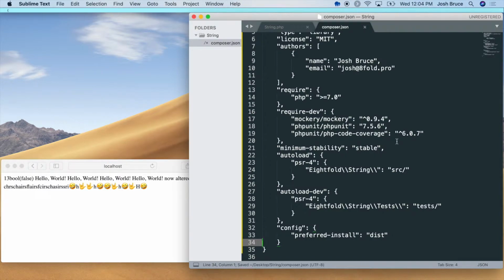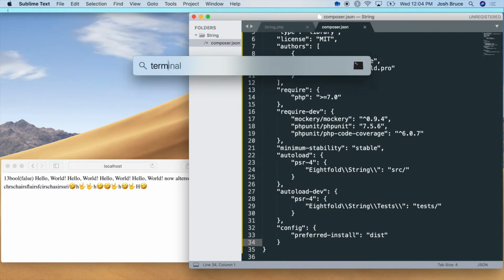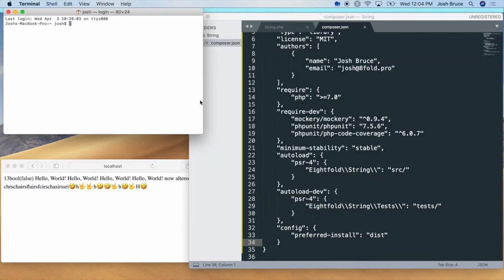So that's pretty much it for there. Another thing that I'm going to need is a terminal window, and I'm going to make sure that we are in the desktop project folder. Now,